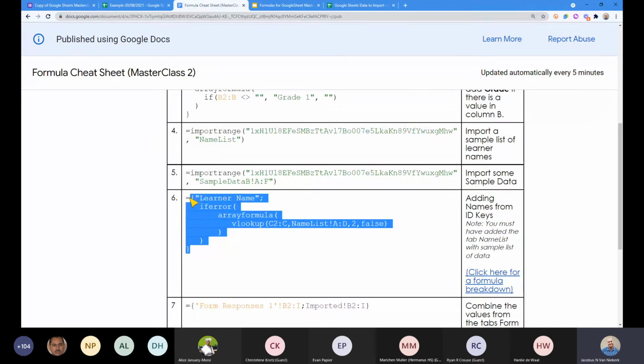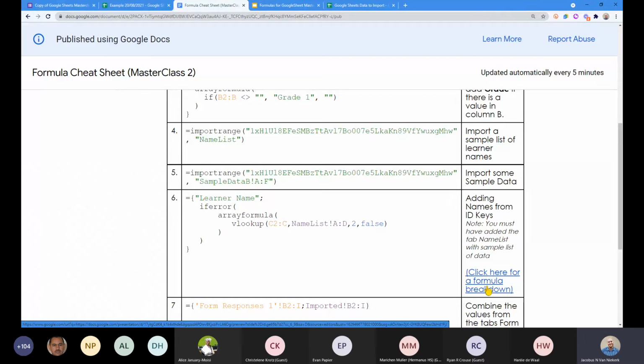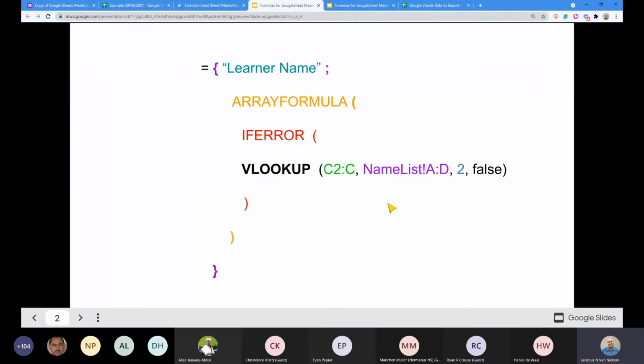This is where I have the VLOOKUP. I'm going to go into the formula breakdown, which will explain it for you, and then we'll do it bit by bit. If you're going to copy and paste, this should probably work for you now, but we're going to go into a little more detail on why it works. So this is our formula. It looks a lot more intimidating than it actually is once you've wrapped your head around it.